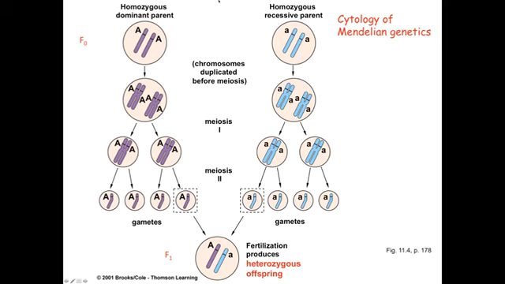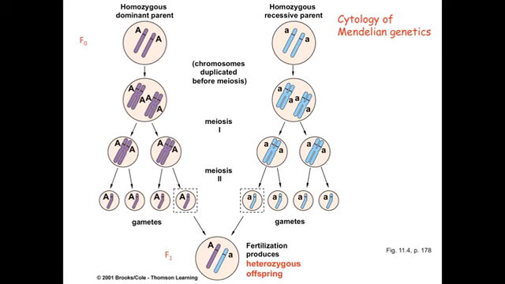We see as we go through meiosis 1 that our unduplicated chromosomes here at the top duplicate. So now we have 2 duplicated chromosomes. And at the end of meiosis 1, they segregate, so we actually have haploid cells with duplicated chromosomes, so only 1 copy of each chromosome, but they're duplicated. And as we go through meiosis 2, you'll see that now we have haploid gametes with only 1 copy of each chromosome. So for the homozygous dominant parent, they're all big A. For the homozygous recessive parent, they're all little a.